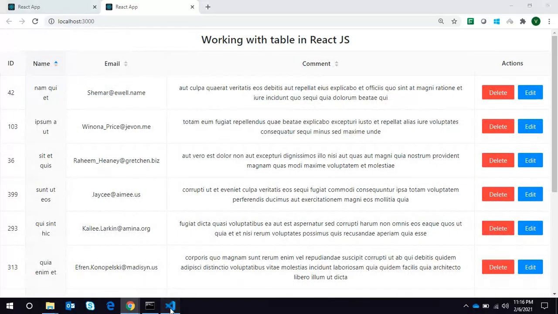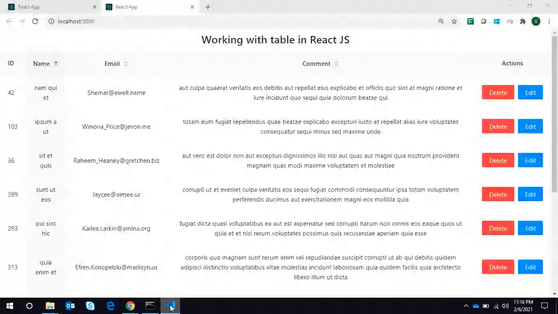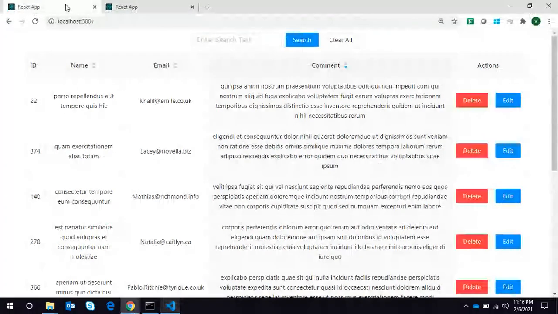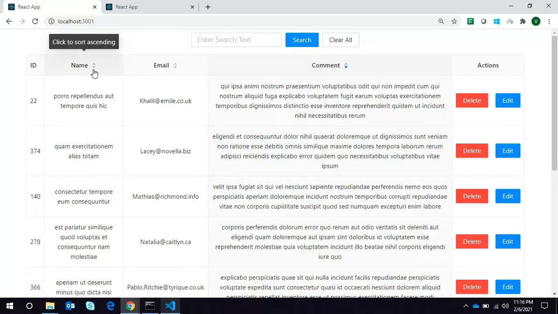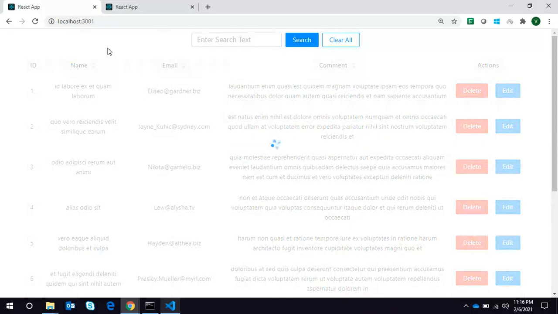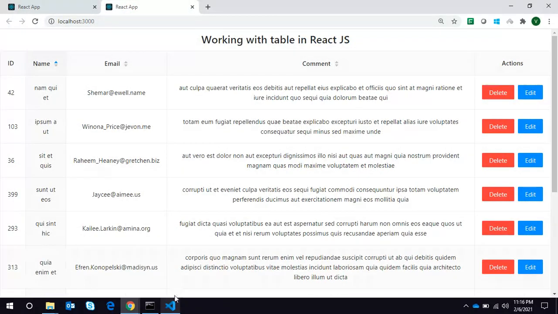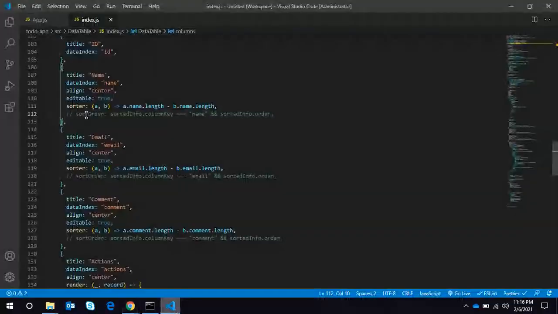This function basically needs the sorted info, so that once we have the clear button, like here we have clear all, it will reset the sorting order. For that purpose, we need this sort order as well.